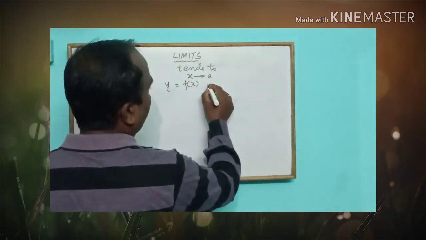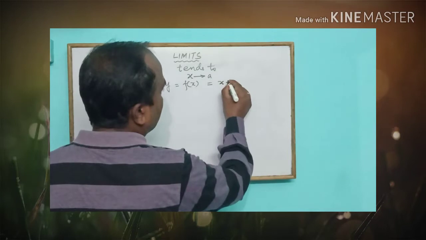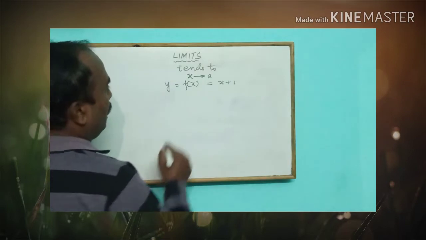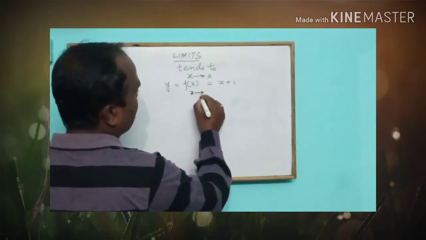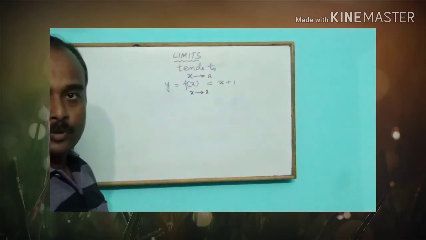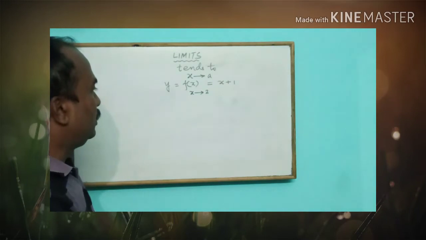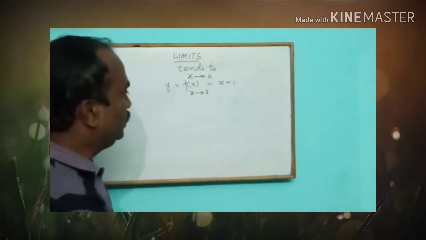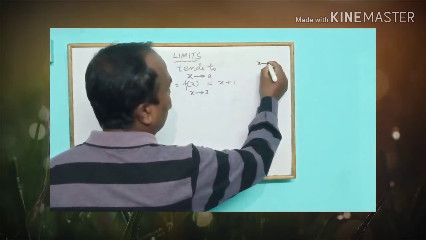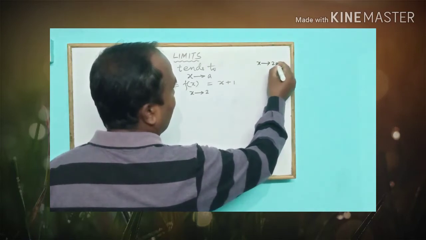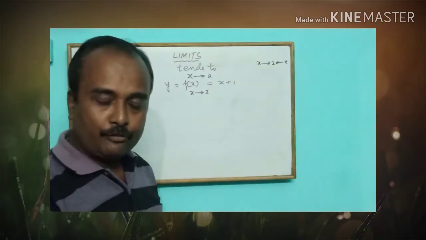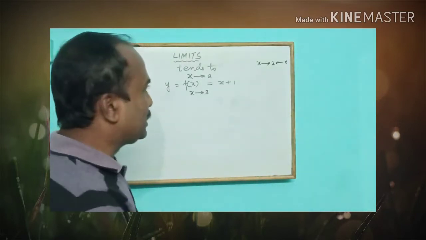Now, if I take this function f(x) as x plus 1, a very simple function, and if I say that the value of x approaches the number 2, x can approach 2 from two ways. That is, x can approach 2 from left and x can approach 2 from right. From left, in the sense, the values of x are less than 2. Less than 2 means 1.9,